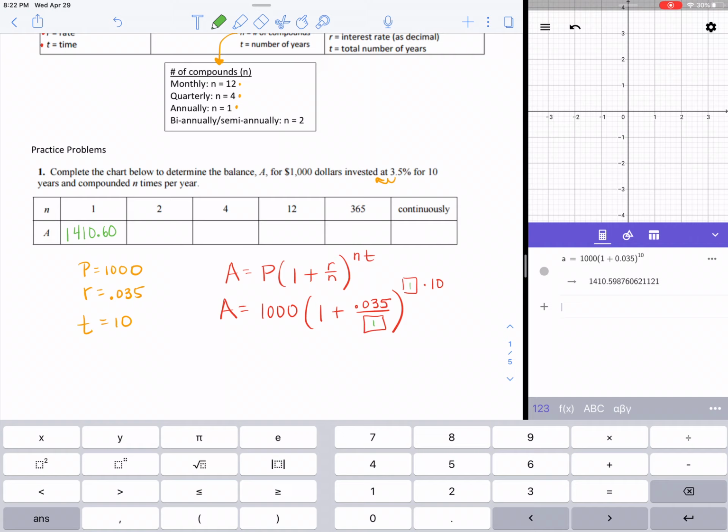So that's how much you would have after 10 years if you compounded just one time a year. Now let's use the formula if it was 2 times a year. So I'm going to change those numbers to 2. And in the calculator, I could go back and take the 0.035 and divide by 2, not 3. And then the exponent, I'm going to add that 2 times 10 on, enter. And now the interest would be